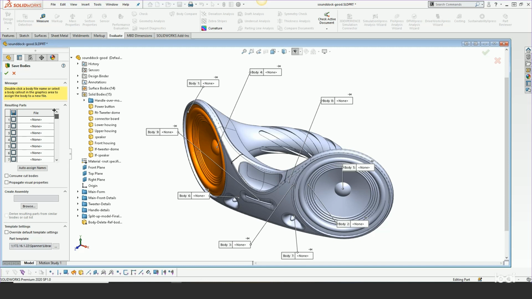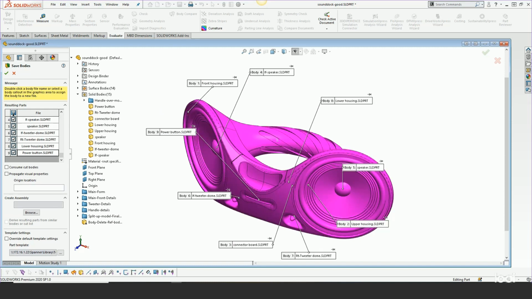So one of the helpers we have is the ability to click on this floppy disk icon and automatically name all of the bodies, to name the file names with their body names. And additionally, we can consume these. I don't use that usually for save bodies, but for split. And then also propagate visual properties. Again, I don't use that because I want each of the components to have their own